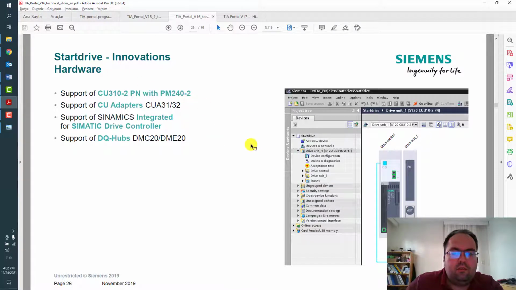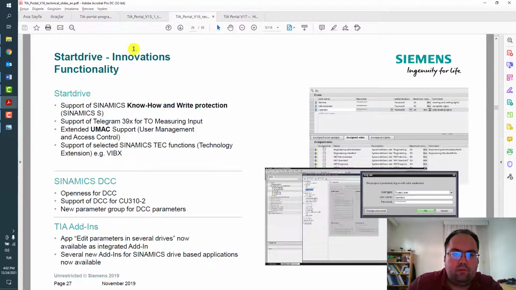In this case, you can download the hardware support packages from the CMS support site and install them in TIA Portal to keep updated. For some of the new hardware released, it's possible to use an old version of TIA Portal, but sometimes it's not possible to use the new hardware. In that case, you have to go one step further and install the new version of TIA Portal.